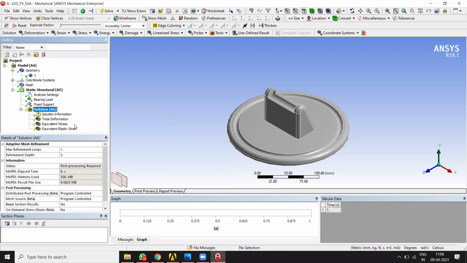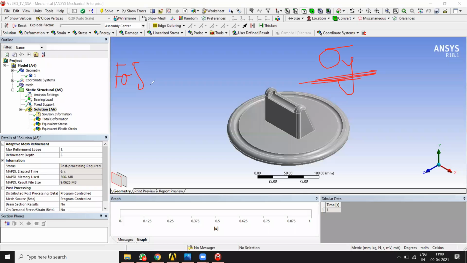So we have added equivalent stress, that means von Mises stress. Then one more thing we are going to add. If you recall, when I was discussing material property, I told you to please add sigma y, tensile yield strength. The reason is whenever you are completing your design and you do perform analysis, it is good to have the value of design factor or factor of safety. How much safe our design is.